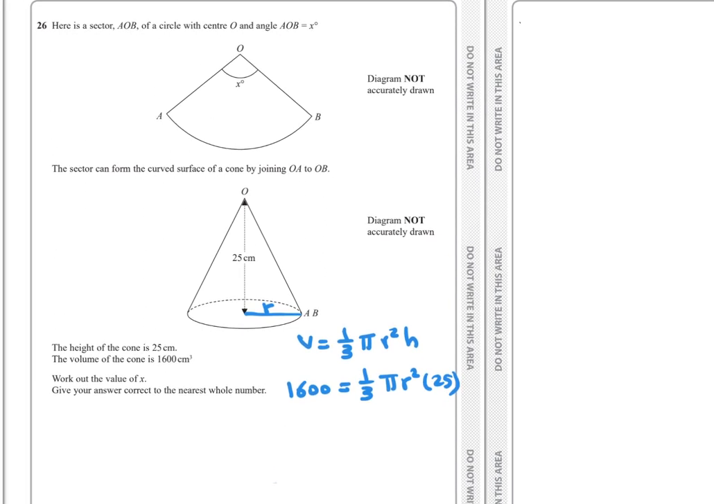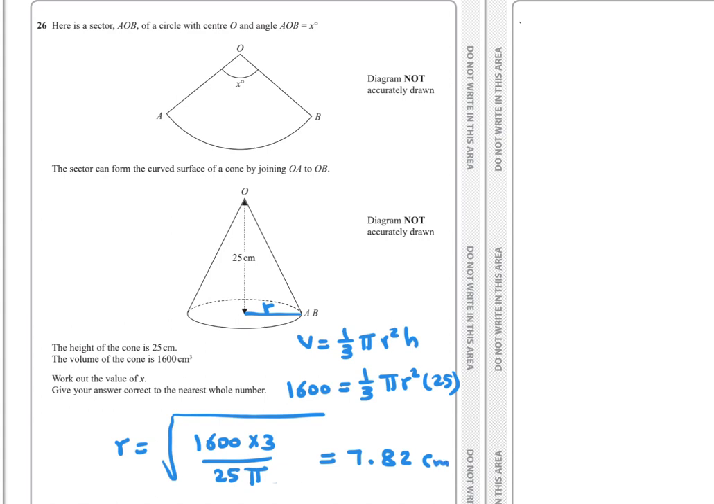Then you can find r equals square root of, 3 goes to the other side, multiply, so 1600 multiplied by 3, and 25 and pi go to the other side, division, so divide by 25 pi, and this equals r squared, so r equals the square root of the answer, which equals 7.82 to 3 significant figures